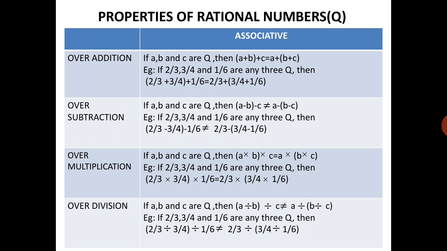So children, you can see the order of addition has been changed. Initially, on the left hand side, we were adding a and b, then we were adding c to it. Because the bracket is for a and b, that addition is to be done first. But on the right hand side, b and c are to be added first because they are in the bracket, and then that answer is to be added to a. So in short, I can say the order of addition has been changed.